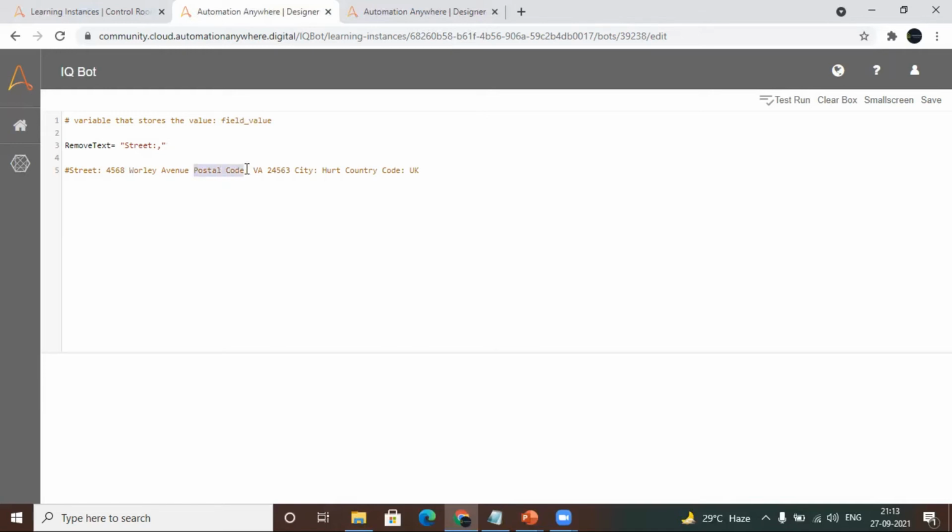The next is I want to remove this postal code. So I want to remove this much information. Now let's see what else we can do. Now you have to put in the rest of the code.